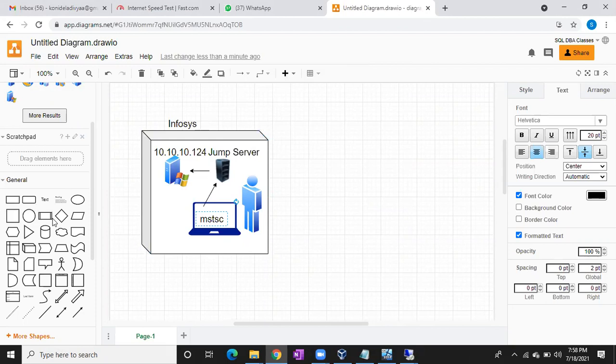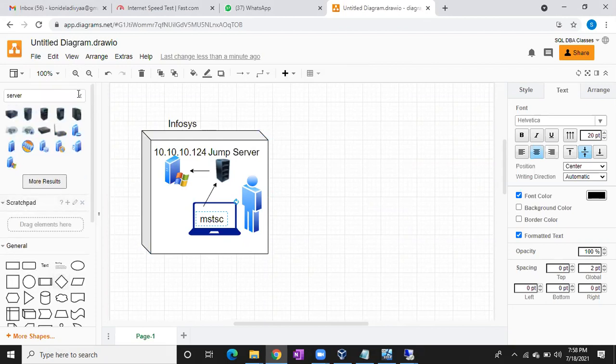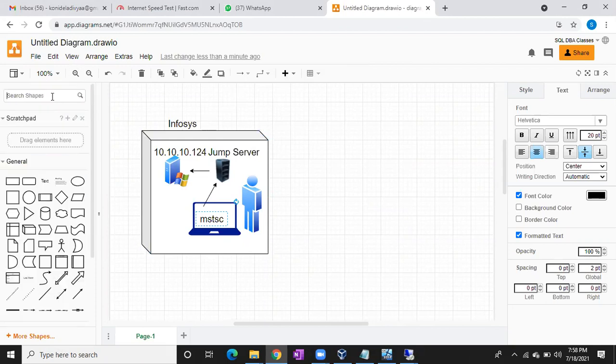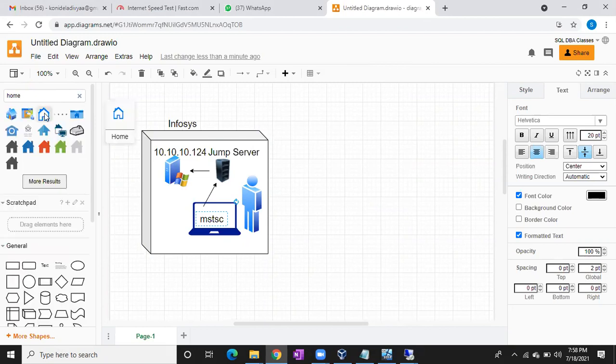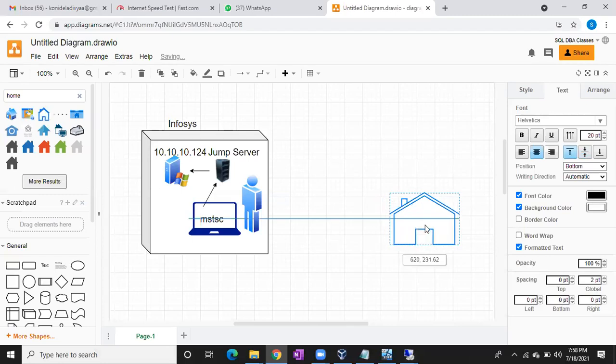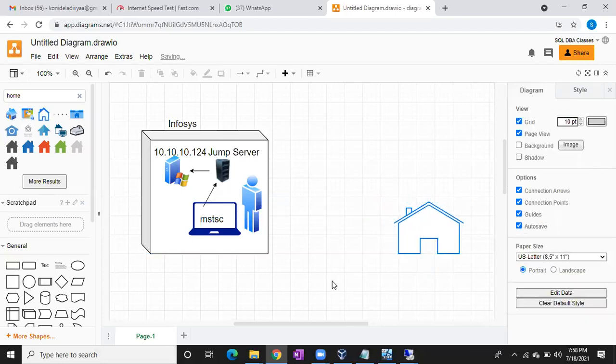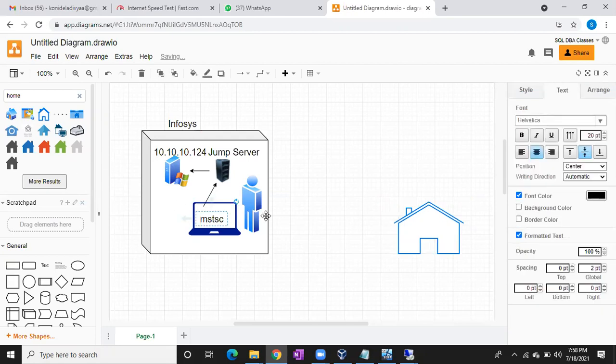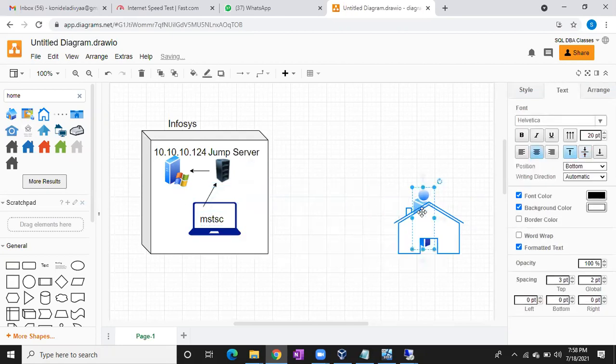Work from home, beautiful home. Let me check any home diagrams. This is the home, small home. Make it a big home like this. Now you are doing work from home. Your laptop is there, and this is the user. Where is this guy? Come outside.